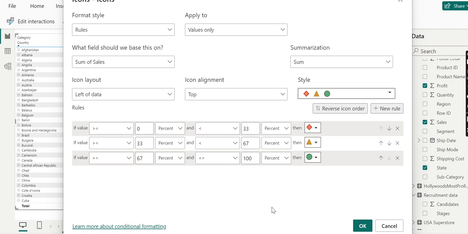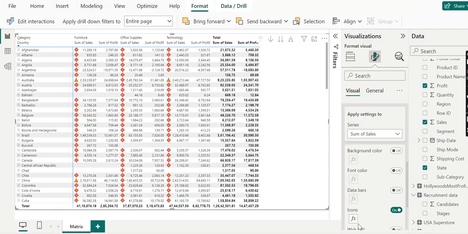If the value is greater than or equal to this value, 33%, then this is the symbol. If the value is greater than or equal to 67%, then this is the symbol, and if greater than 67, this is the symbol. So you can see how beautifully we can change the view of our data and differentiate it in different formatting.